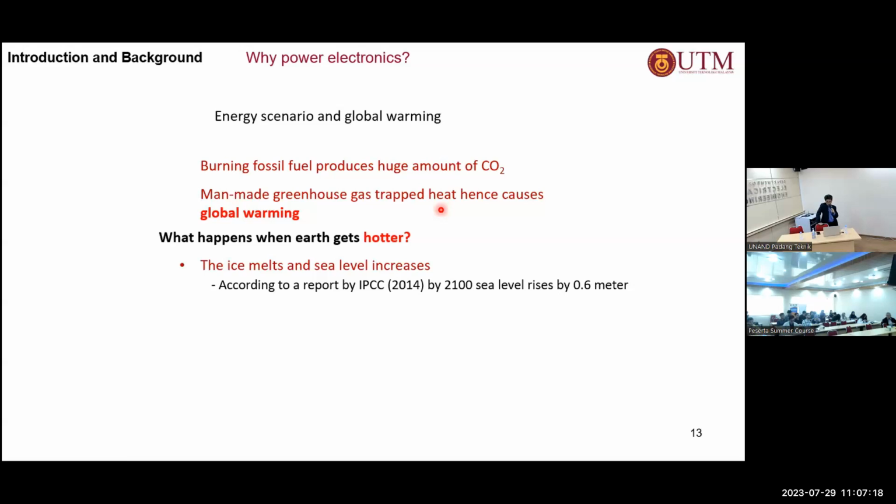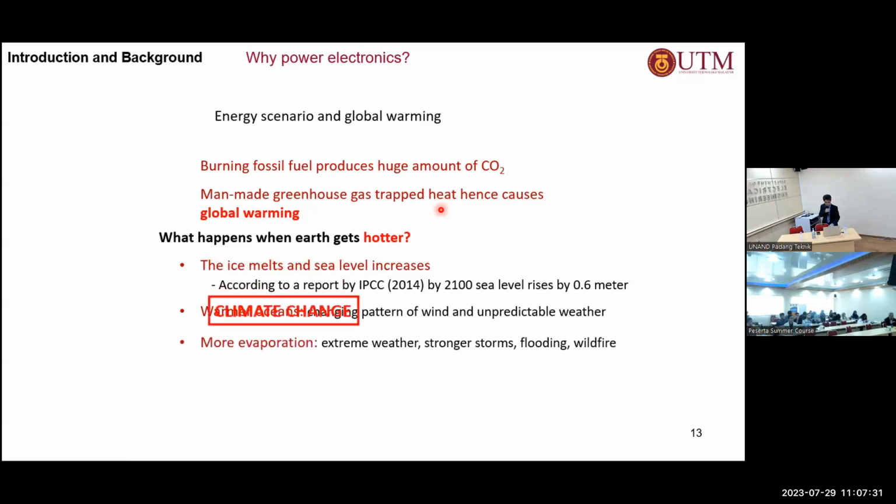It is predicted by 2100 that the sea level would increase by 0.6 meter, which will cause warmer oceans, more unpredictable weather, more evaporation, extreme weather, places where before there was no drought now experiencing drought, or places where previously there was year-round drought now becoming greener, for example. Okay, it's unpredictable. All these things are what we call climate change, all right, which is caused by the